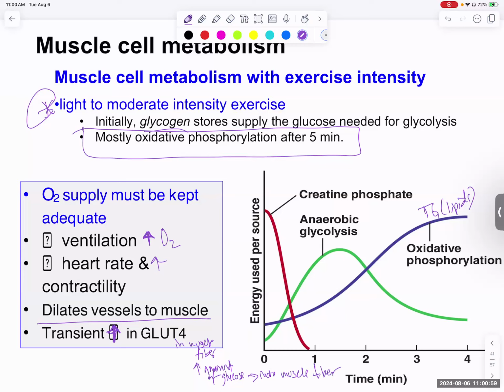So all of these are happening with light exercise. This is why light to moderate intensity exercise is really good for diabetics because light to moderate exercise increases the number of GLUT4 channels, and it increases facilitated diffusion of glucose into muscle fiber. This helps control blood glucose levels without insulin. So no insulin is needed. So exercise is really good for